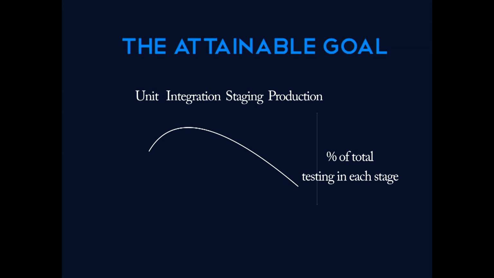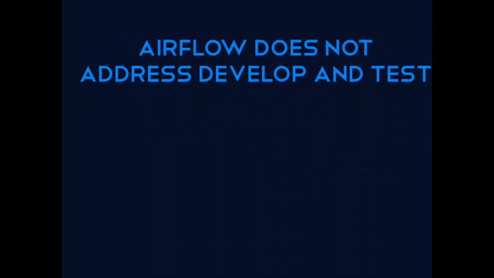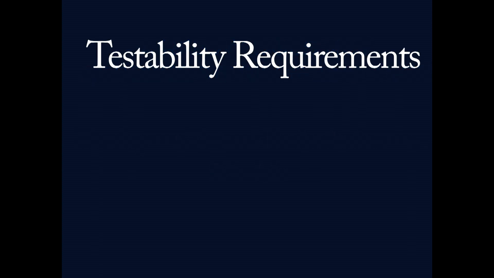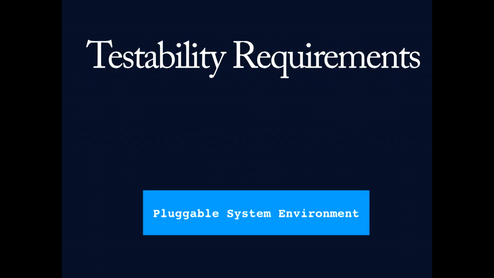But you're always going to have some testing in production, as an example, because some errors in this domain cannot be caught until production. For instance, if the inputs change underneath your feet. So part of this is that you have to have tests in production to test your data quality. You should think of this like a factory, and in any stage of a factory, there's QA. All right, I have 5 minutes. So Airflow, as I mentioned before, doesn't really address develop and test, only productionizing and scheduling these things.